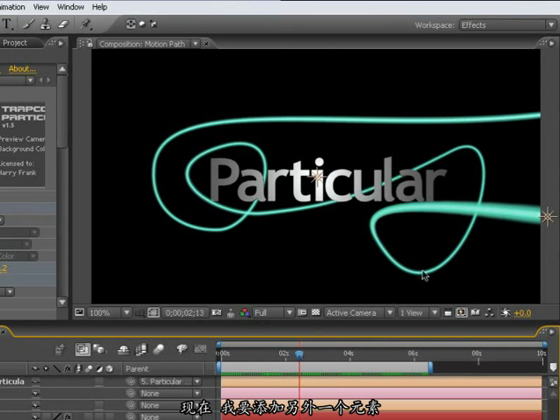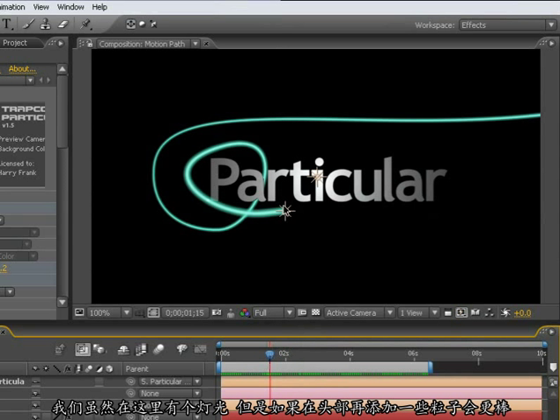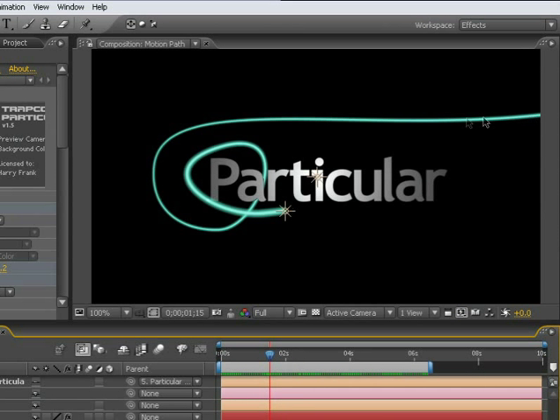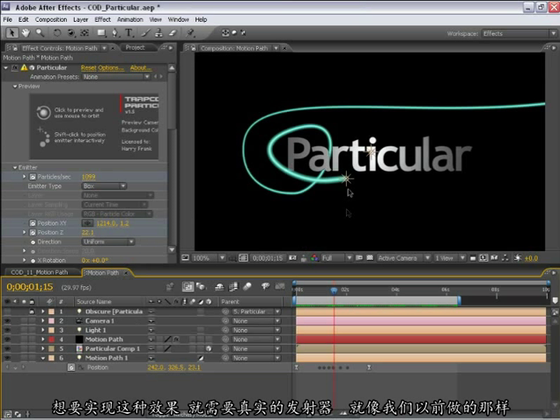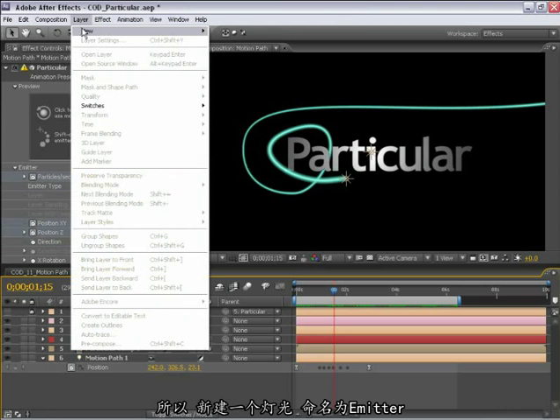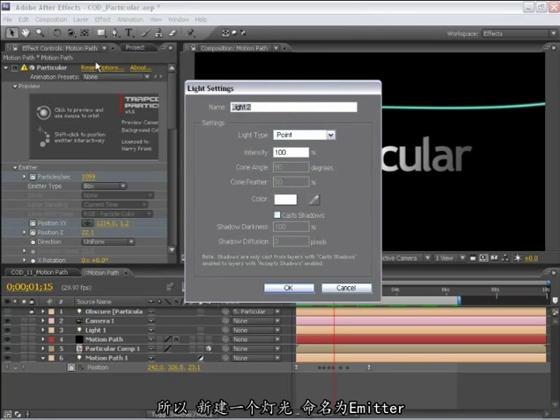Now, one more element I'm going to add, because we do have a light moving around here. It would be great to add sort of a particle head right here at the tip. So as this light path is riding on, we can have another little cluster of particles here trailing some sort of stars and kind of a pixie dust effect along with it. So to do this, I'm going to use a real light emitter like we've done before. So if I create a new light, and I call this emitter,